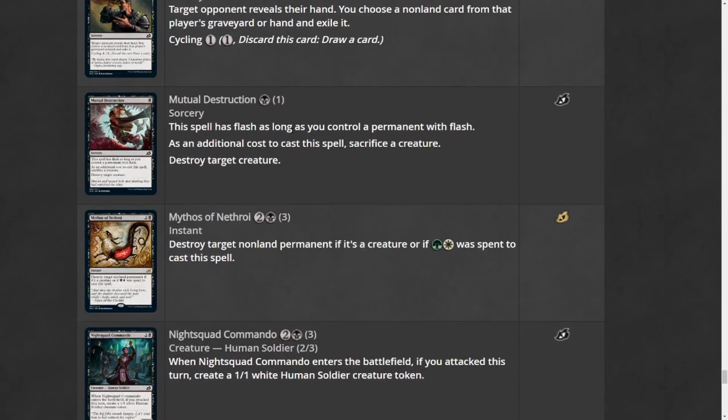Mutual Destruction is a 1 mana sorcery. It has flash as long as you control a permanent with flash, and as an additional cost to cast this spell, sacrifice a creature to destroy target creature, as a common. There is a blue-black flash theme in this set,